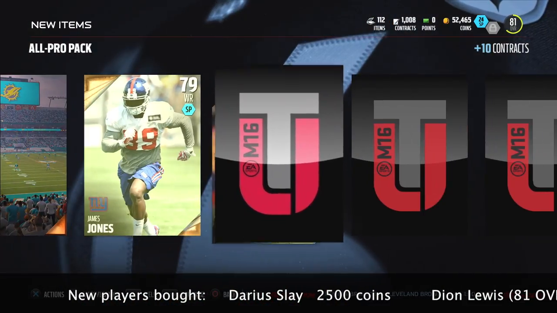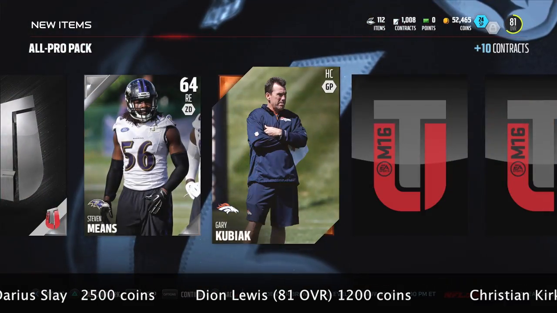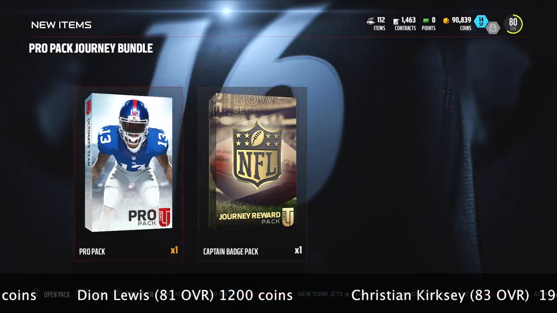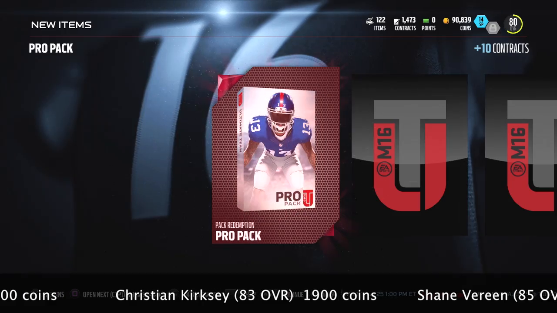Opening up an all-pro pack. How do you do that with a budget team? How do you get packs? Well, you do solo challenges. We did the Gauntlet solo for the Bucks, the first one in all Madden. Since you see we're an 80 overall, we were able to unlock that challenge, and I thought we actually got